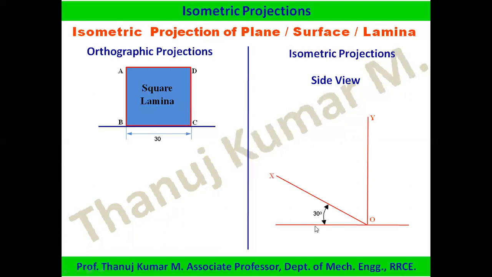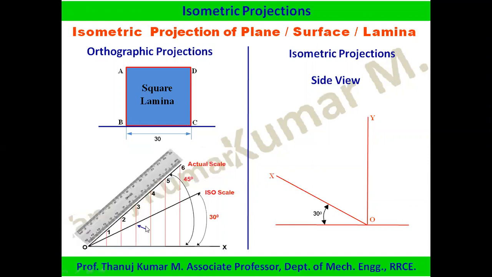Okay, 30-degree angle line. If I draw this side, it becomes front view, or this side you can take as front view. Anything, if this is front view, this becomes side view. If this is side view, this becomes front view. Either of the sides you can take into consideration. If I'm drawing this side as the front view, this side becomes the side view. If this becomes side view, this becomes front view. Vice versa. Same concept. I'm using the isometric scale.